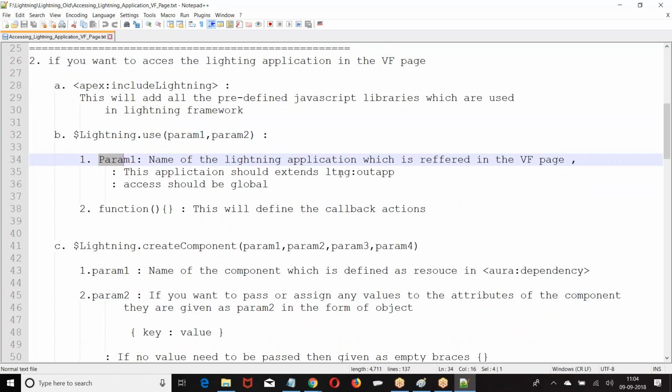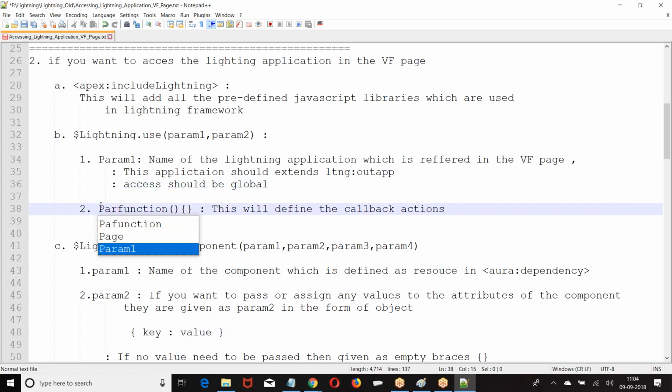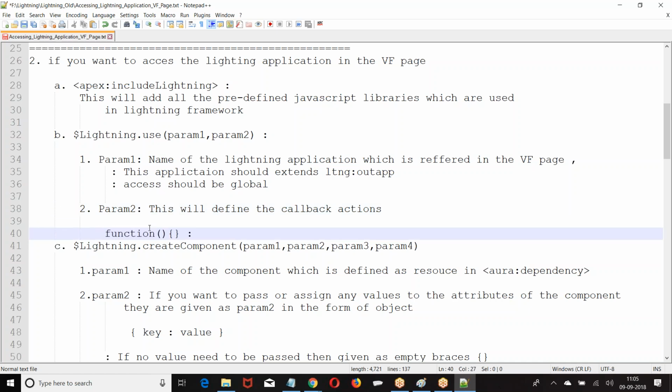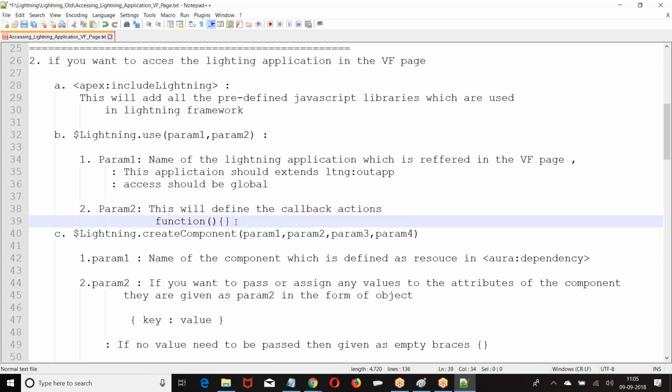This application should extend lightning out app. Only when lightning out app is extended I can use it. Now parameter 2, function. This will define a callback action. I hope you are good with this.